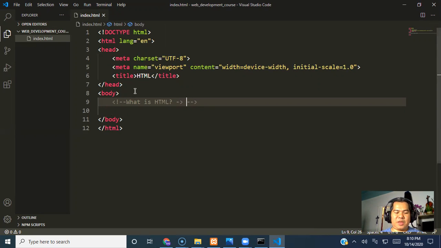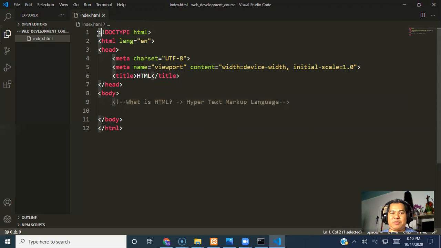HTML is hypertext markup language. And this hypertext markup language is used to create the structure of web pages or website or web application. Okay, and these are the HTML tags. This opening angle bracket, and closing angle bracket. These are called tags. So HTML tag, this is opening tag, and